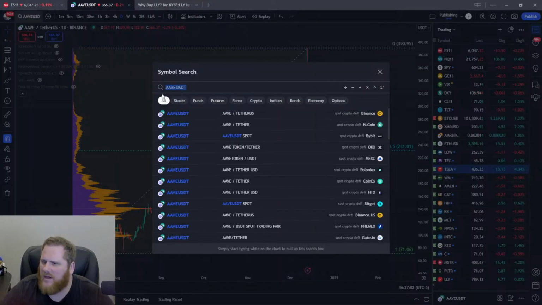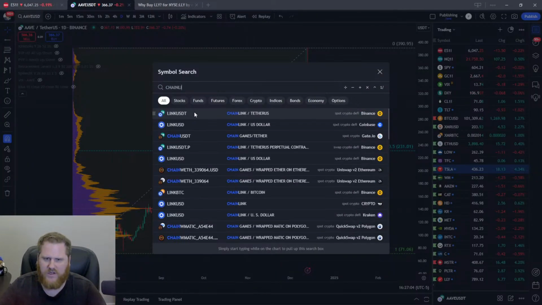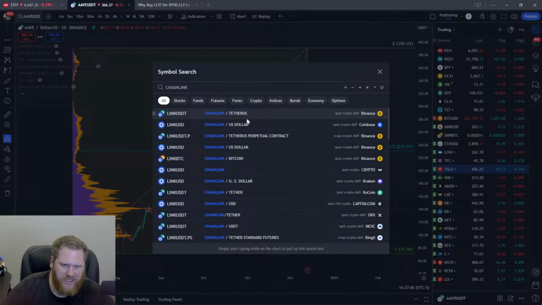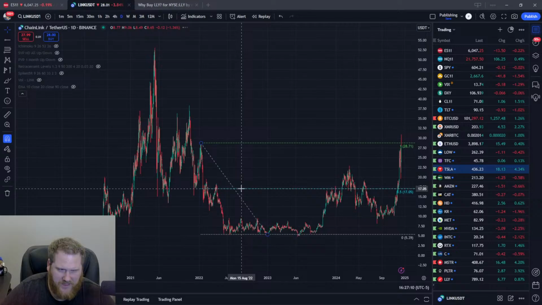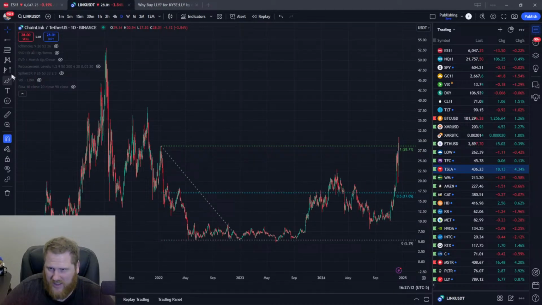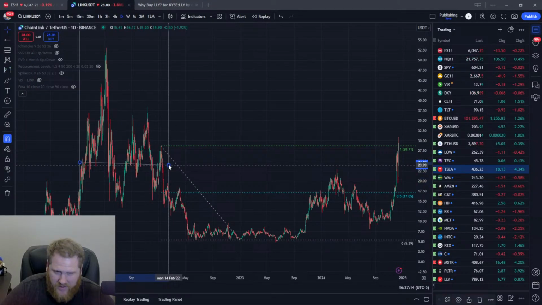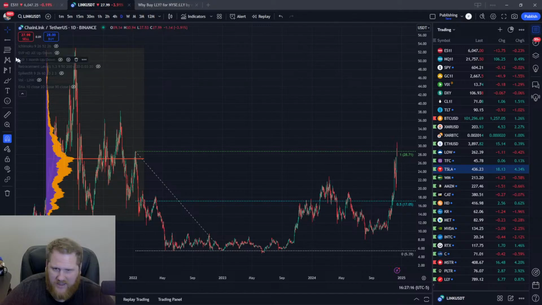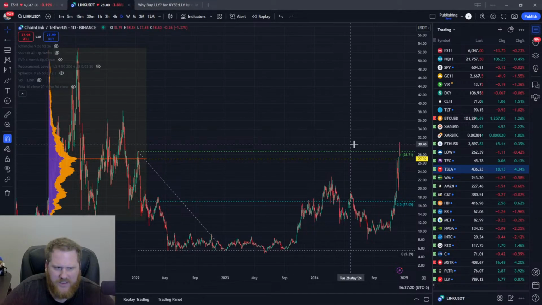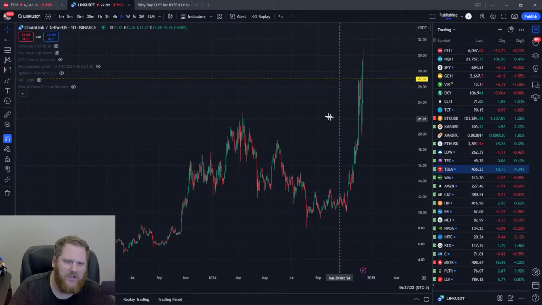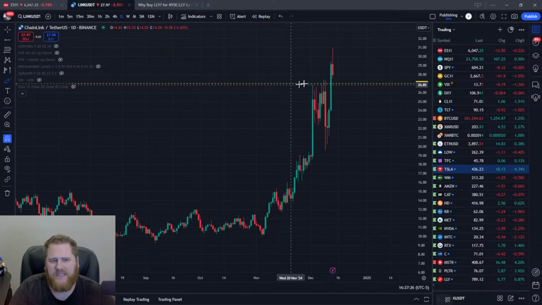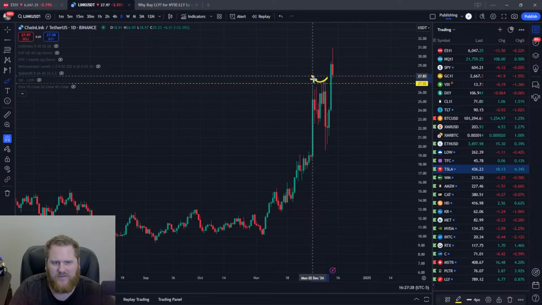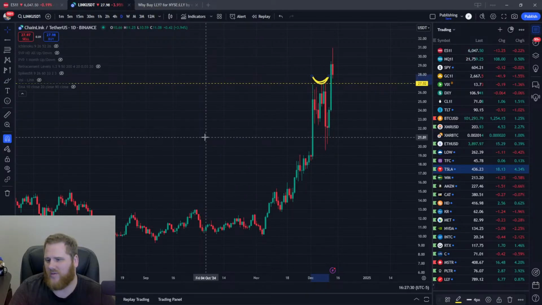It's just going up. Chainlink, was that Link USD? Yeah, okay, we'll use the Binance one. Again, like all crypto, going nuts. Let's just see what we got in here. All right, so that's already come up to this level right here, 27. Notice how it did initially respect that level right there. So that was a possible tradable level.